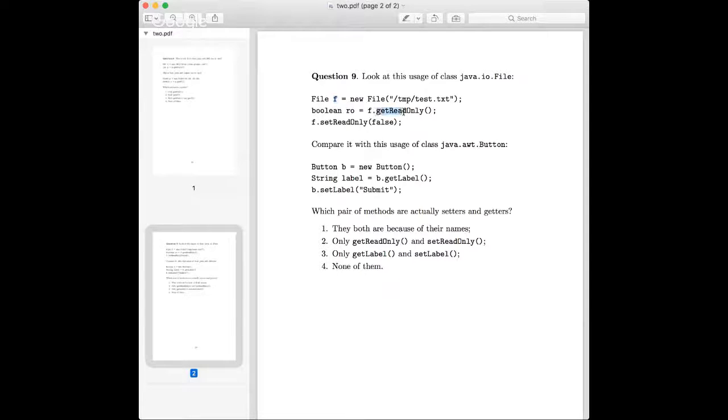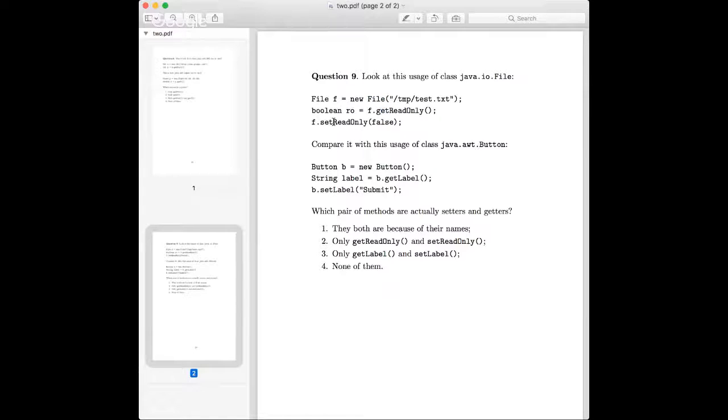And that's why we call it behavior. So it's not getters and setters which give us access to the state of an object, it's behavior of an object. The only thing that is confusing is the names get and set. So probably the designers of this class didn't pick the right names, I think, because they confused the reader with this get and set naming.